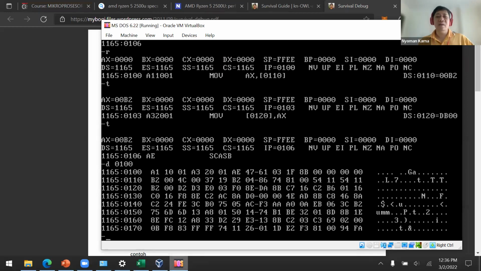Now the content of memory in 0120 will become B200. So I read the data from memory and then store it again into the memory. This is how the program works.